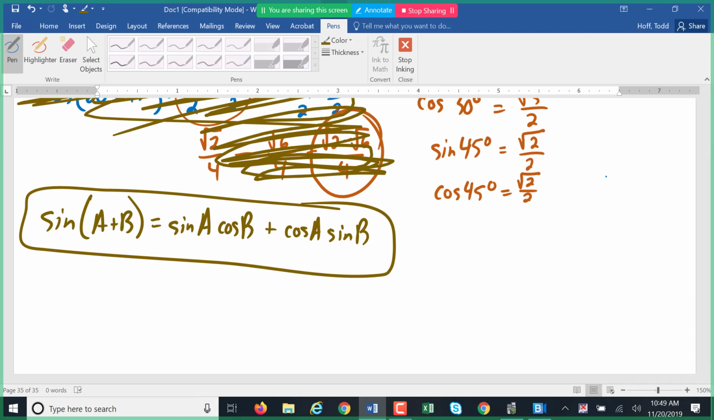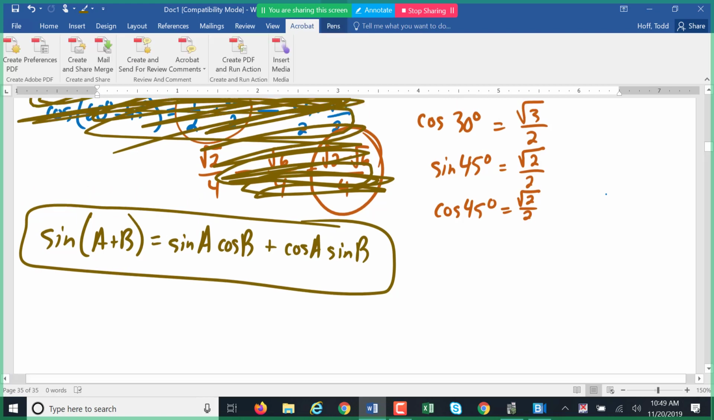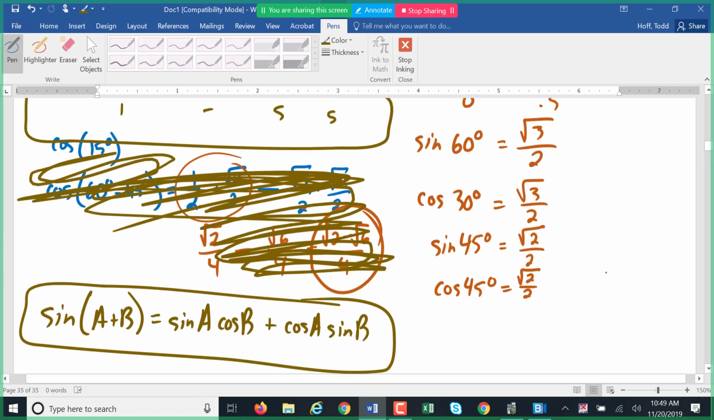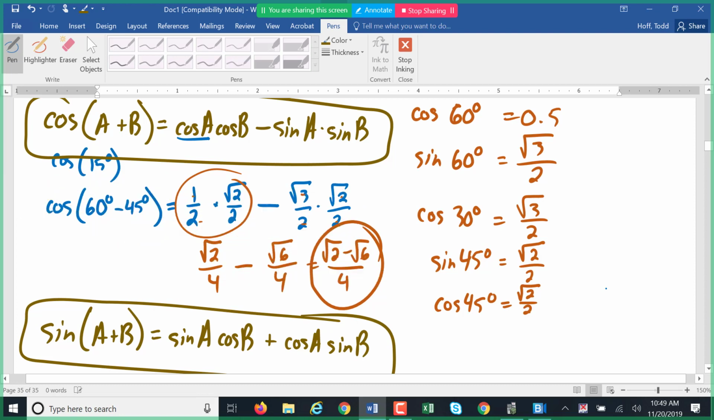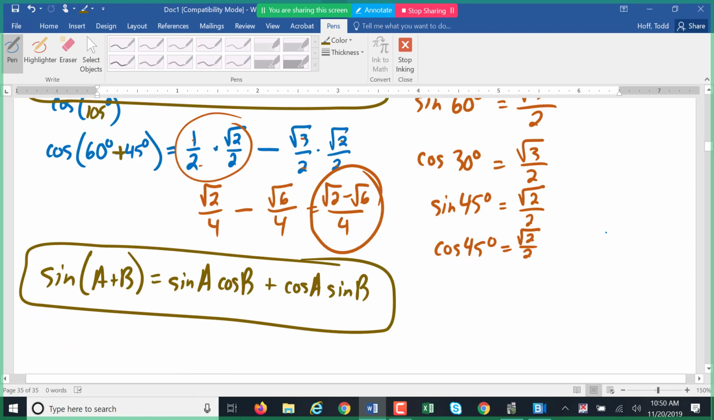Now there's an angle sum identity for tangents as well. What I did here, by the way, in case you're wondering, what I found was not the cosine of 15 degrees. What I found was the cosine of 105 degrees, because this should have been 60 plus 45 is the identity that I used. But